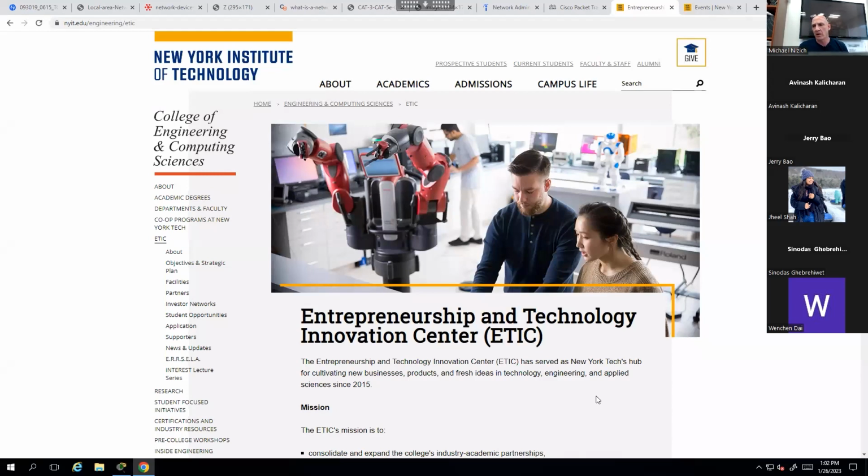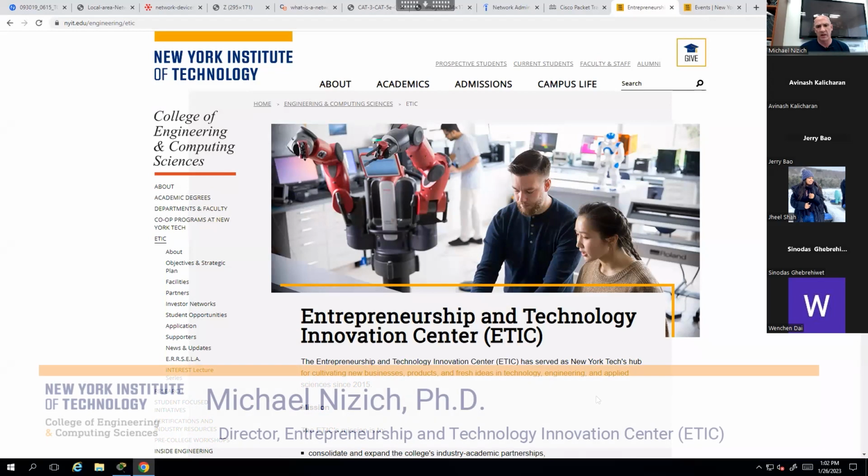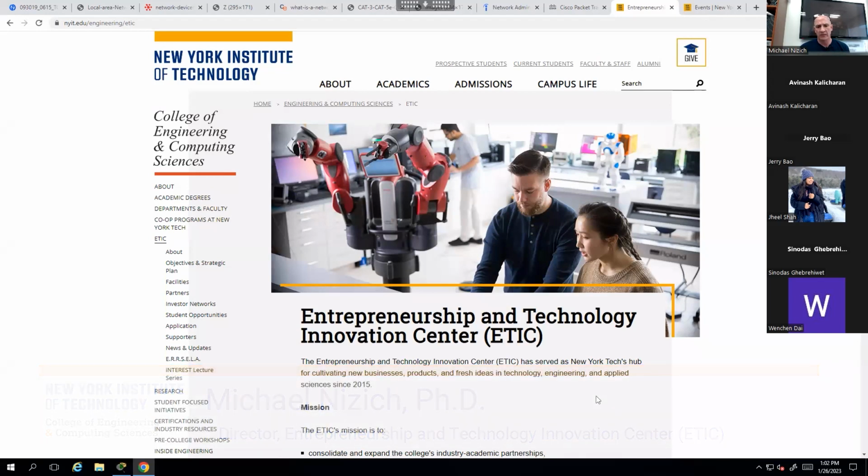Interest is run out of our ETIC, our Entrepreneurship and Technology Innovation Center. That's located in room 107 of Harry Shearer Hall at the Westbury campus, and rooms 607 and 608 at the Manhattan campus. I'm Dr. Nizik. I'm the director of the ETIC, and I'm also an adjunct associate professor of computer science and cybersecurity at New York Tech. I give these seminars throughout the semesters throughout each year to try to introduce students to technologies that